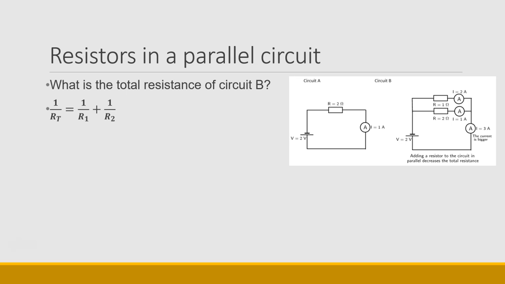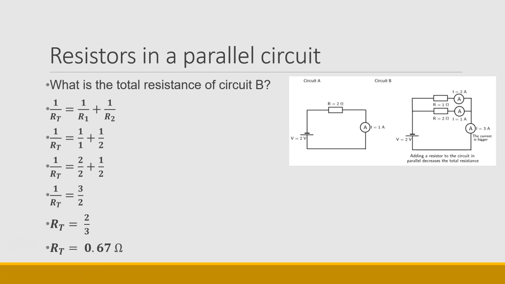1 over RT is equal to 1 over R1 plus 1 over R2. So that's 1 over 1 plus 1 over 2. And without having to find an LCD, just by plugging these values into the calculator, we get an answer of 3 over 2 for 1 over RT. But we need to flip it. So RT is 2 over 3, which, to 2 decimal places, is equal to